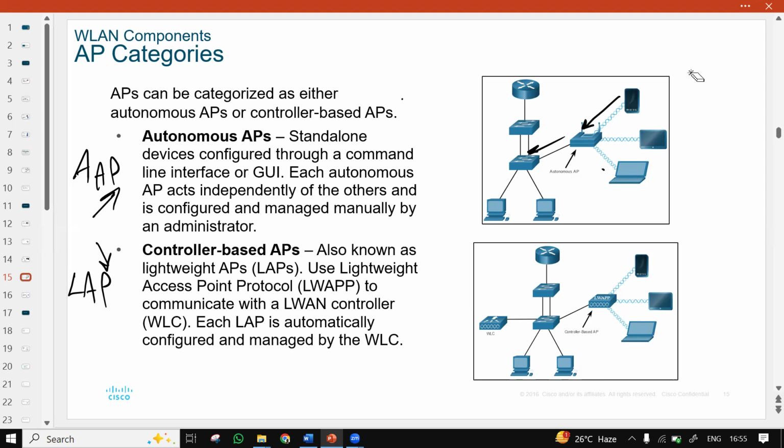So instead of configuring all the 50, 100 access points, you have the WLC, which is the central point where all the configurations of all the access points is done. So instead of configuring one after the other, we just go to the controller and we configure all the access points in the network. So two different types of access points which are used depending on the application where you want to use them,